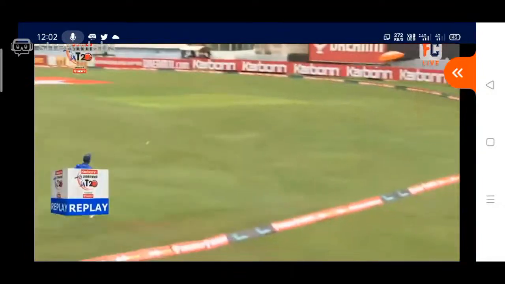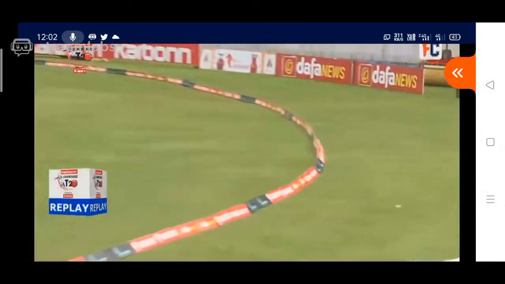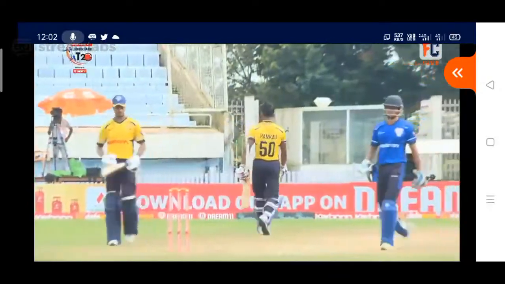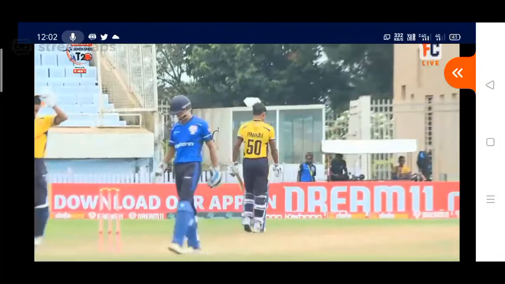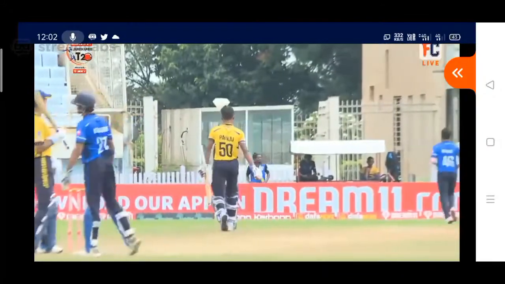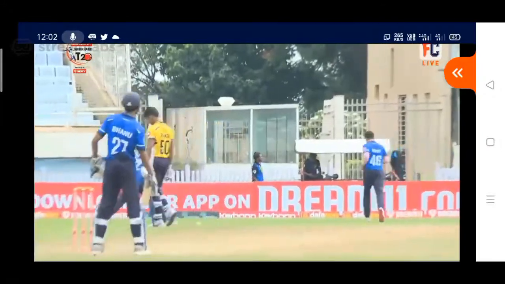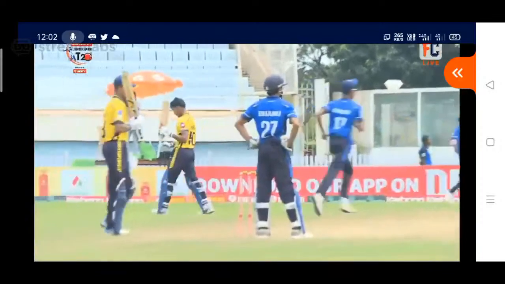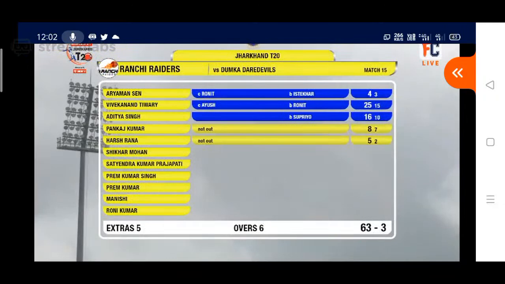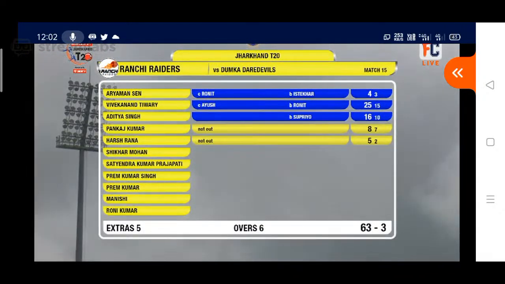Look at this shot, very well timed and away from the square leg fielder for 4. So with that 4, the score is 63, is it? We'll have to check that. 6 overs gone. So for the last 2 overs, it's over to Pragya.